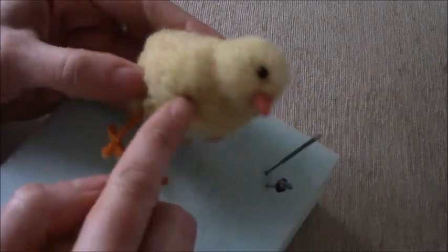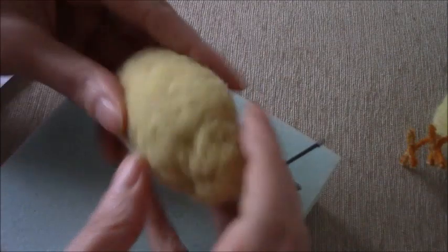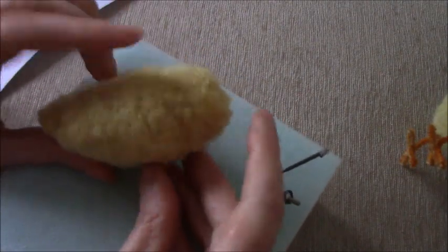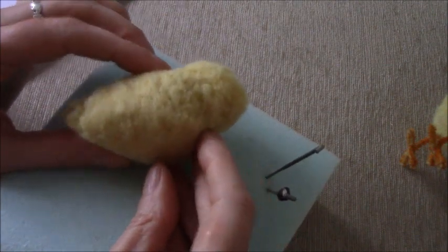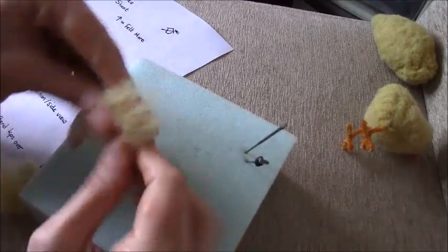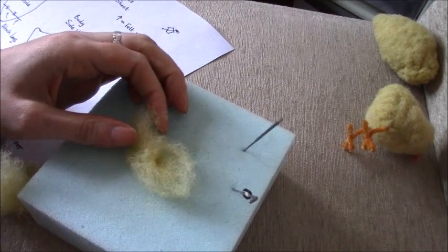A tiny bit of carded New Zealand on top gives such a nice finish. So you can see the shape of that already, and that took about 5 minutes. So I'm just going to show you how to do the wings before we put on a little bit of a top coat. And again, I'll zoom in,